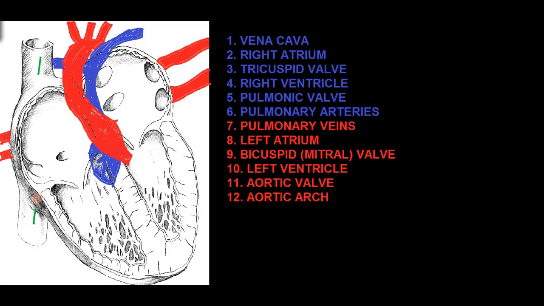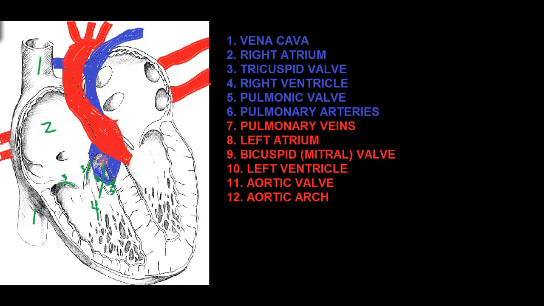The blood would travel from there into number 2, the right atrium. It would pass through these structures, which are number 3, the tricuspid valve, into number 4, the right ventricle. Here's where it gets a little tricky. From the right ventricle, we would pass through another valve right here, which would be number 5, the pulmonic valve,